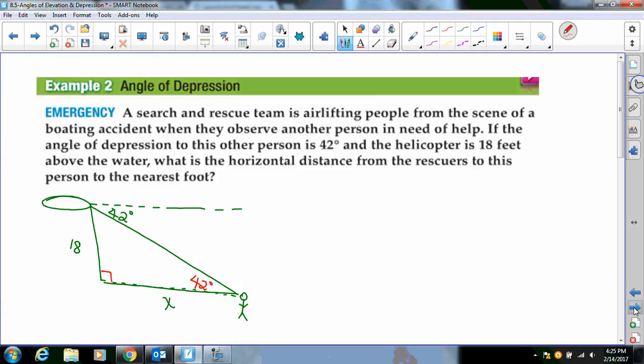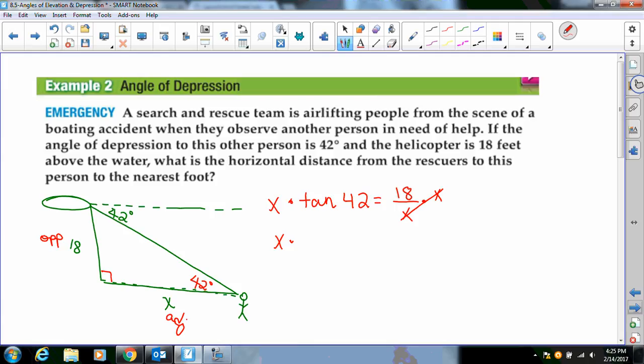So if you're sitting at 42 degrees, opposite is my 18, and x is my adjacent. So opposite and adjacent is tangent. The tangent of 42 is equal to 18 over x. And remember, to solve this, you're first going to multiply by x on both sides. So I would have x times